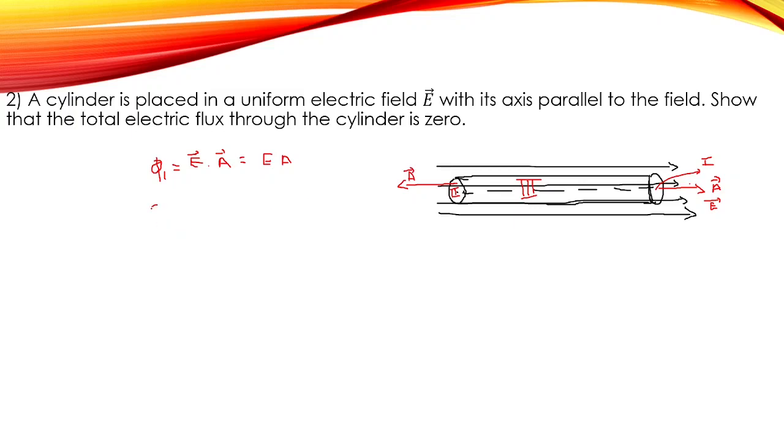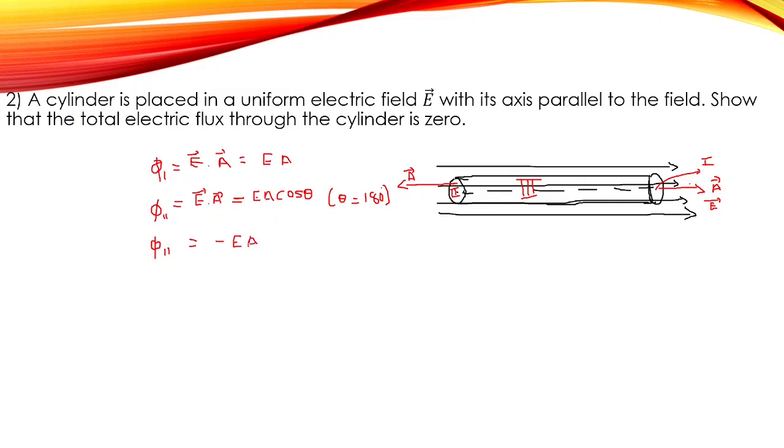So we can write the electric flux at our second surface is E dot A again. But here what will be EA cos theta? What is theta here? Theta is the angle between the electric field and the area vector. Here the electric field is like this and the area vector is in just the opposite direction. So theta is 180 degrees. What is cos 180? Cos 180 is equal to minus 1. So we get the electric flux at surface 2 is equal to minus EA.